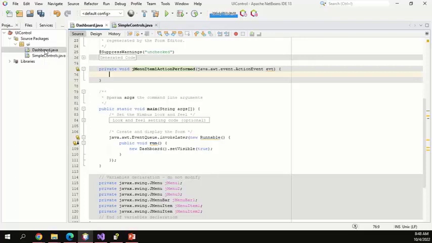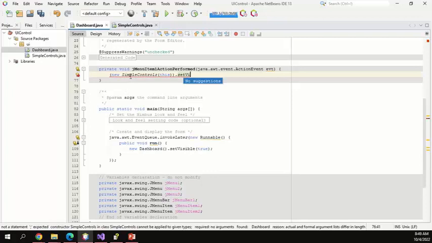Usually you should always keep the main screen in memory, and then you can navigate to the child screen and come back, disposing those child screens. So let's create a new object of simple control. You can press control space and we'll create the object with new simple control. Another important part is that the simple control should know about its main screen. So we can pass the main screen in the form of this, and the object is created. Now we can set it to set visible